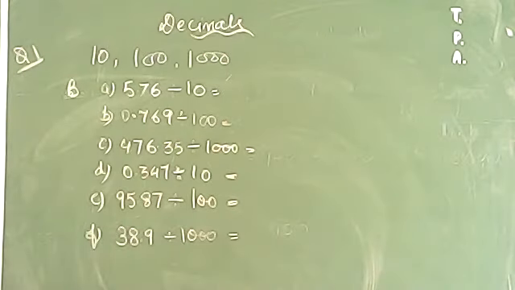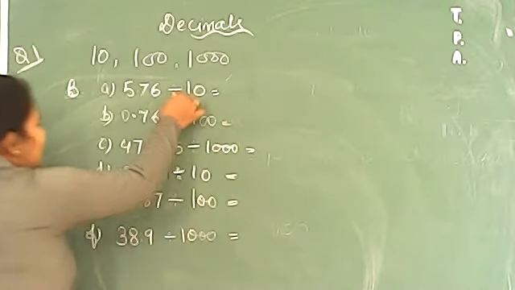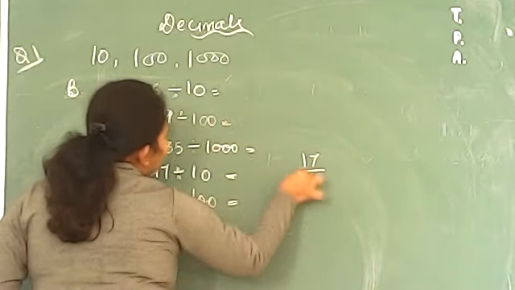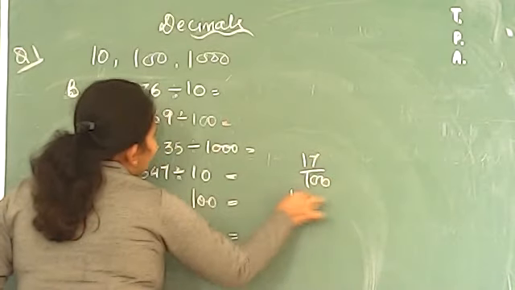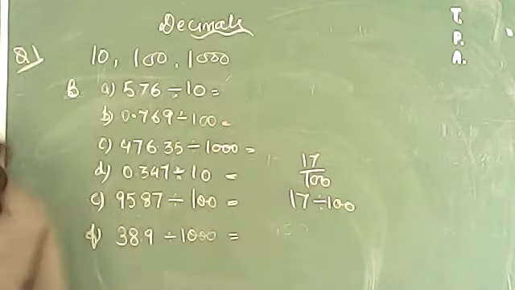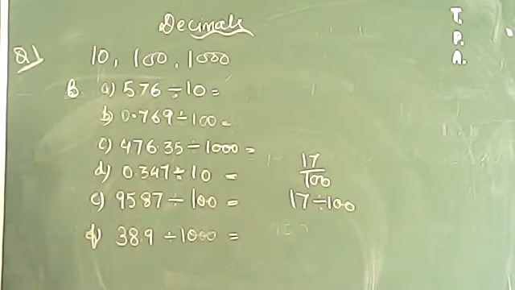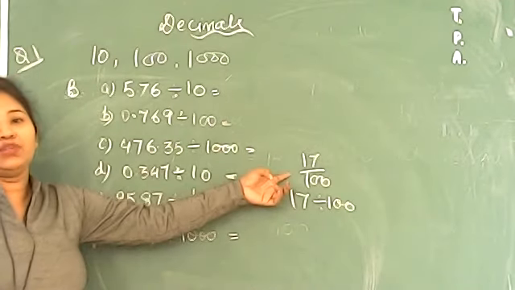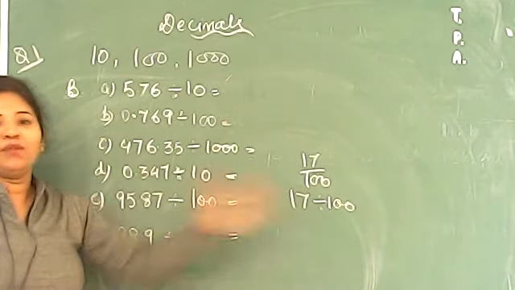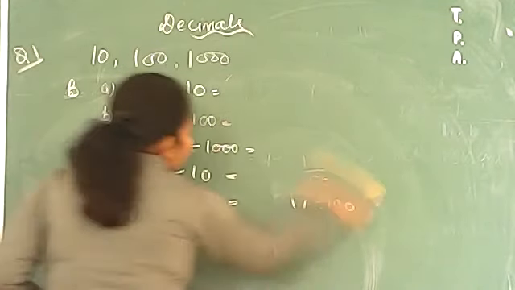You must be remembering beta we have done the division part in the beginning also. ठीक है, so इसको अगर आप इस तरीके के डिवीजन में लिखो तब भी वही प्रोसेस है, या अगर आप लिखते हो 17/100 तो इसका मतलब भी हुआ 17 divided by 100. ठीक है, so if you have a fraction sign, that denominator sign, that also represent division only. So whether you write it down in this form or you write it down in this form, both are similar. So let me explain it to you.